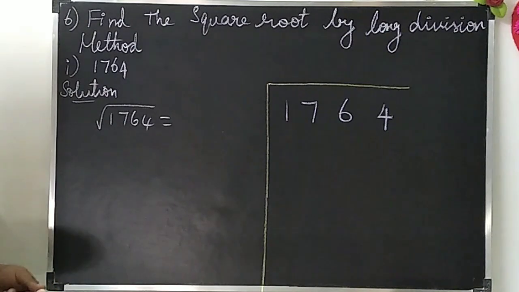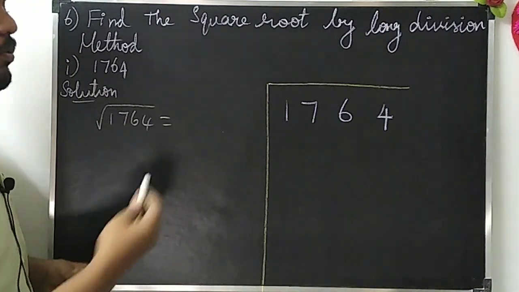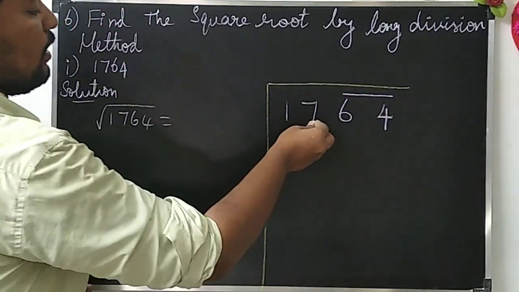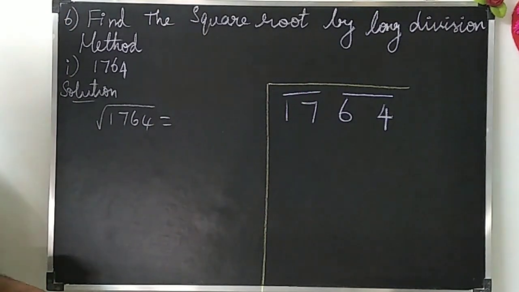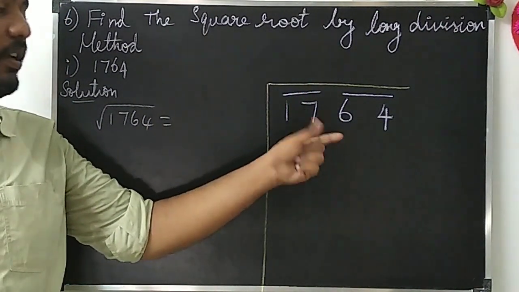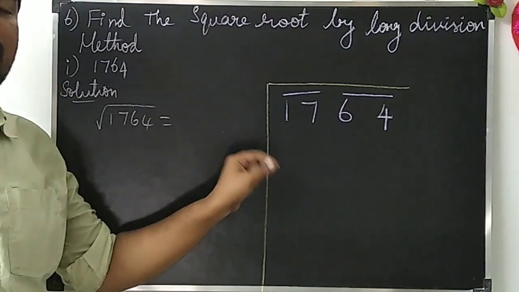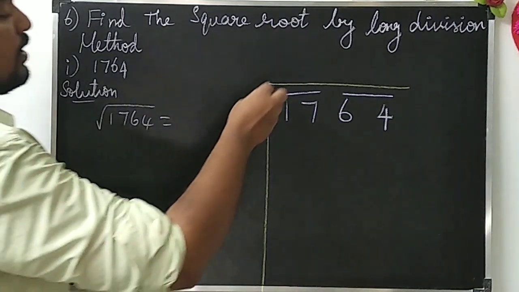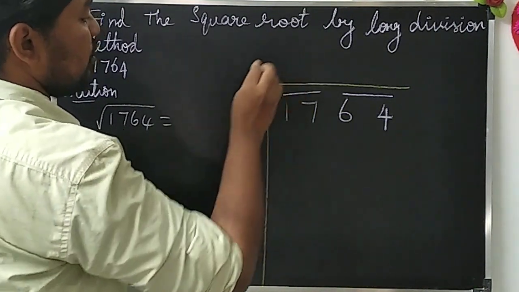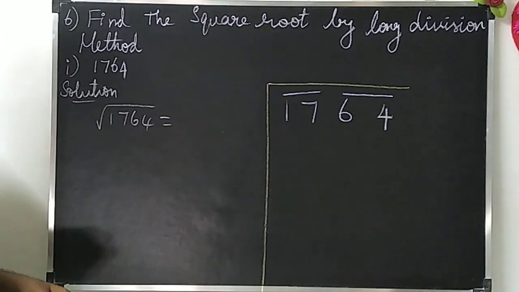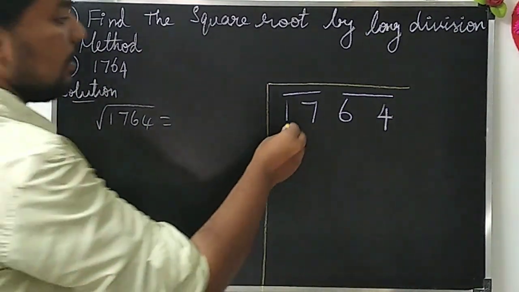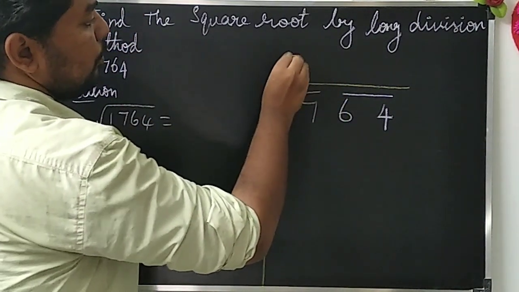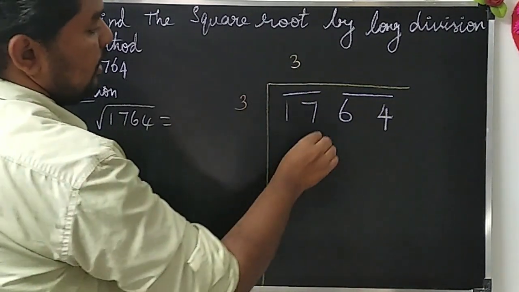Okay. Next, pair the given digits from the ones place value. Ones, tens, it is one pair. Next, hundreds, thousands, it is one pair. If the number of digits is even, each digit will get a pair. If the number of digits is odd, the last digit does not get a pair. Okay. Next step, write the quotient and divisor. Both numbers will be the same, but it should be less than or equal to the first pair. For example, if you put 3 here, here also 3, 3 3s are 9.